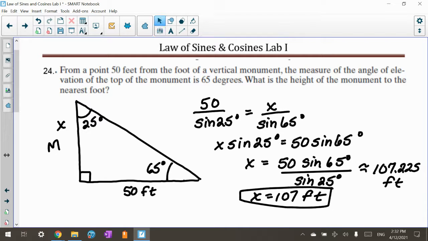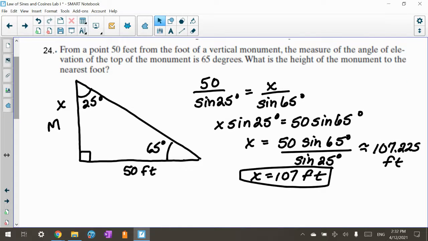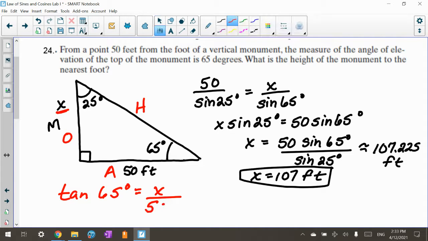All right. If you did it that way and you understand, you feel good about it, life is good. But I want to show you the alternate way that we did earlier on. And if this is a right triangle, I can label this. So this is my hypotenuse. This is my opposite of my angle, and this is my adjacent. I'm looking for the X on my O, and I have something by my A. So I'm going to do the tangent of 65 degrees is opposite, which is X, over adjacent, over 50,